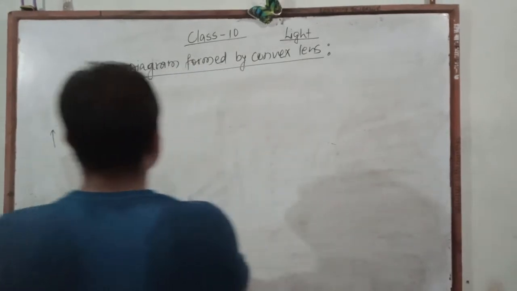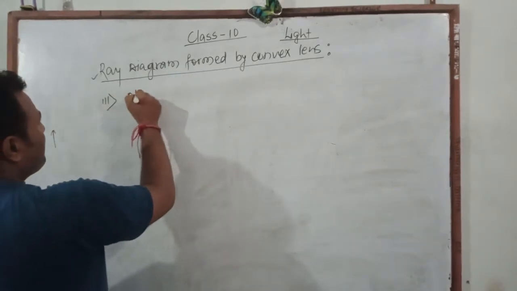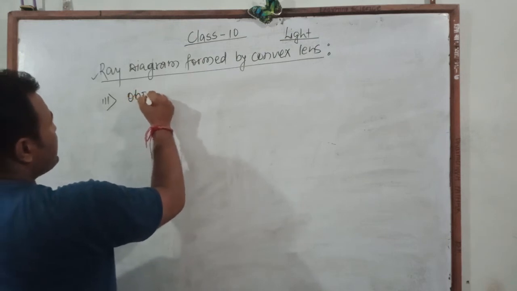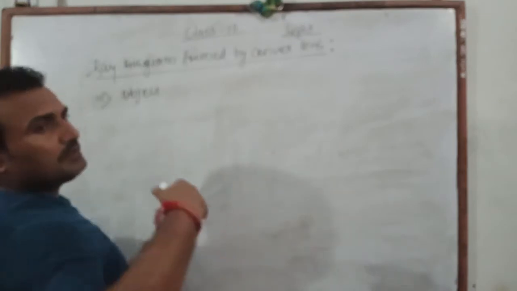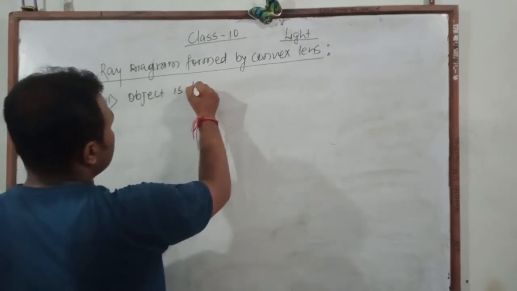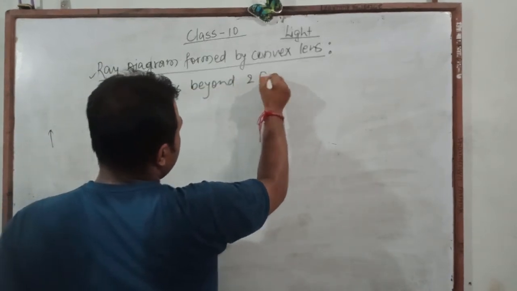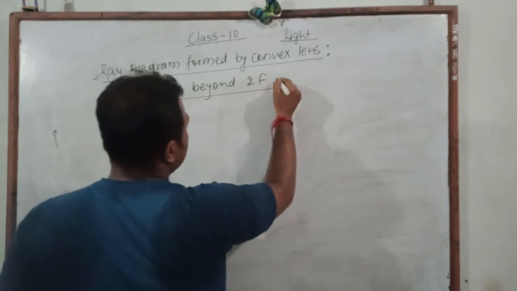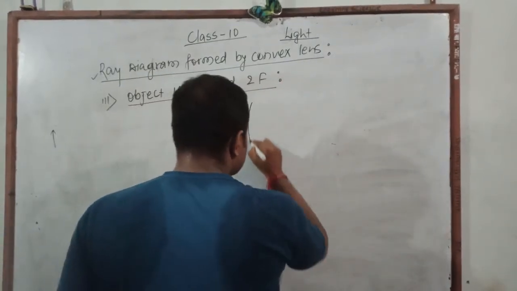In the second condition, we consider that the object is slightly closer than infinity, but more distant than 2f. The object is beyond 2f, or we can also write behind 2f. And in this condition also, at first we draw